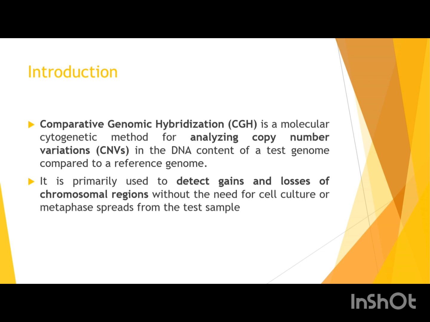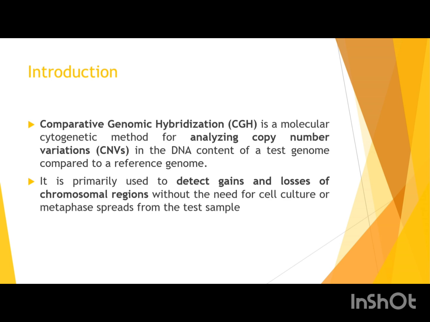So by hybridizing, we can find out if there is any comparison between the genomes. Between what do we have to compare? We have to compare a diseased or an affected genotype with a normal one. Normal will give the best result, and when we compare it with the diseased person or sample, the changes we observe will be interpreted from the hybridization. So what do we analyze? We will see in the next slides.